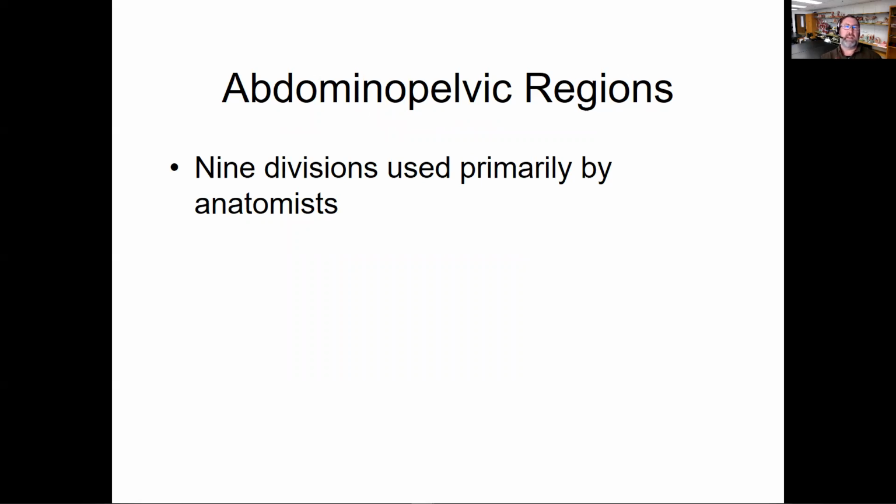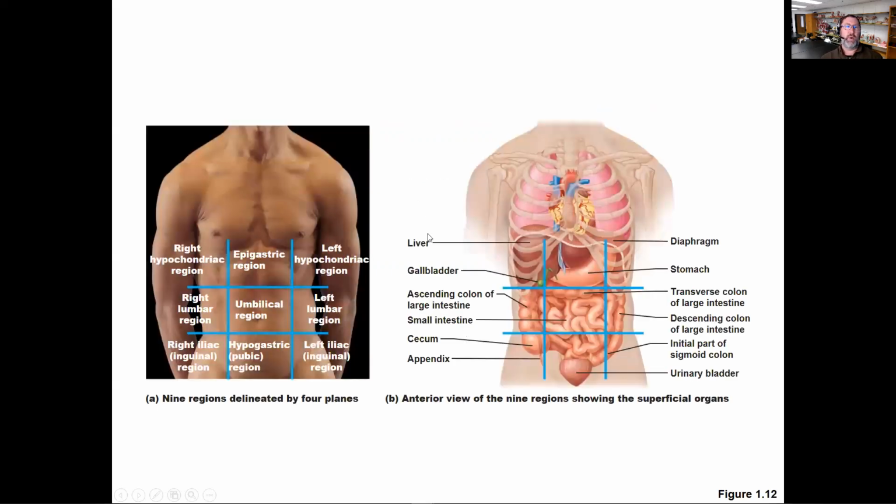One of them will be 9 divisions primarily used by anatomists, and the other will be 4 divisions primarily used by medical personnel. So in this 9 division version, what we see here then is, and it was really cold